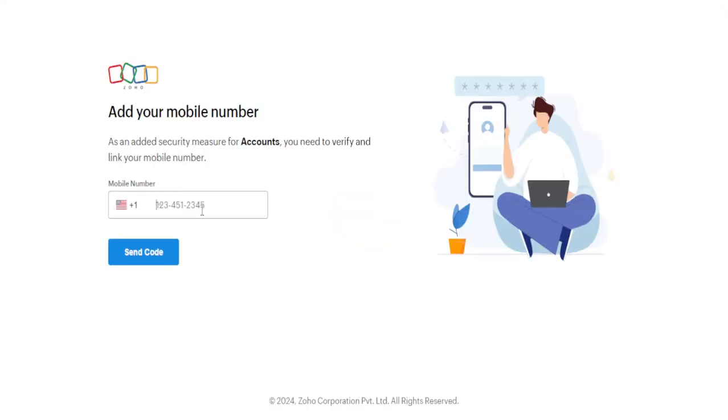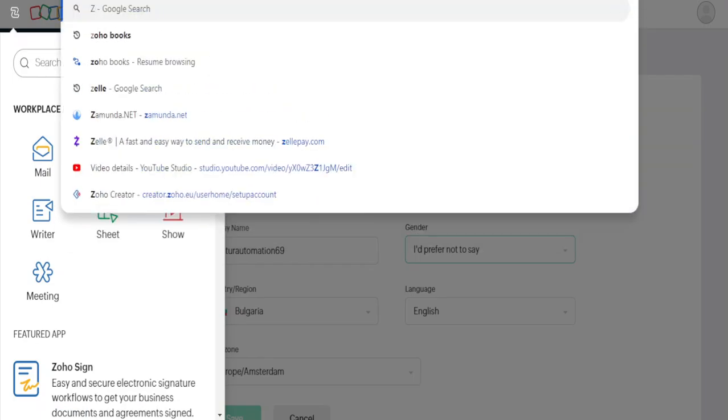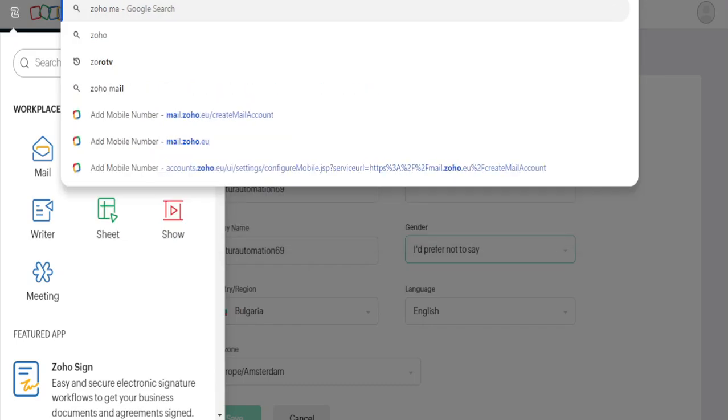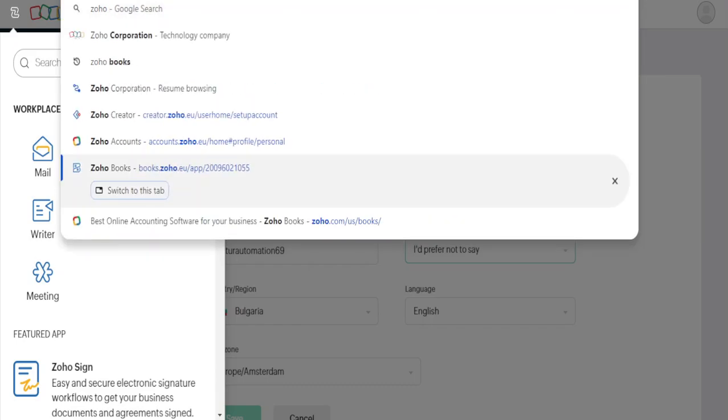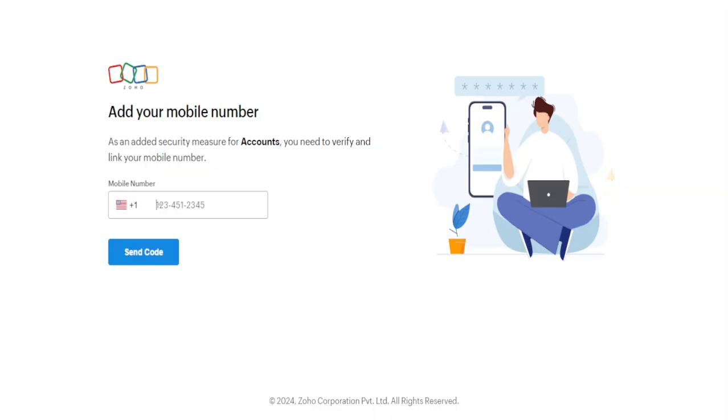So let's just go to the mail. Like, we'll do it right here. Just wait for the page to load up. So I don't think that this is really needed. So is there a Zoho main page? Here it is. Here it is. I meant. So